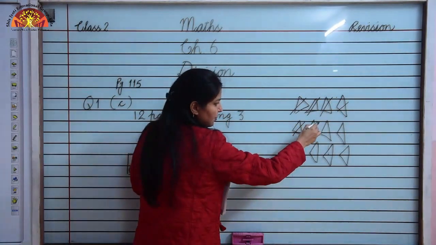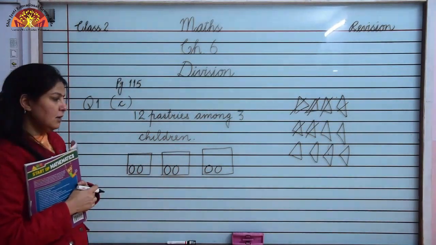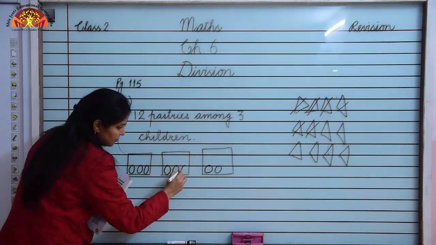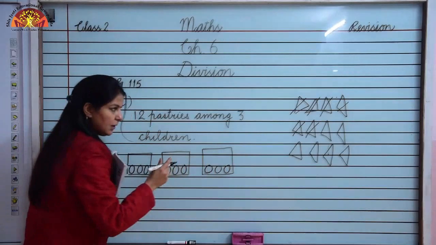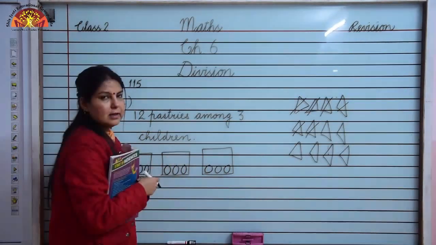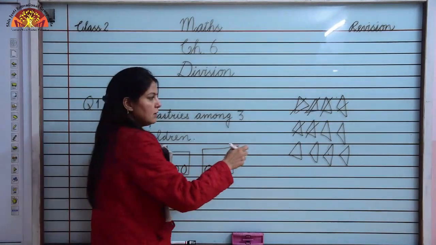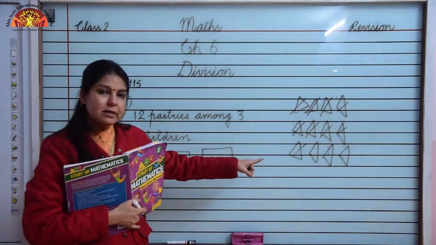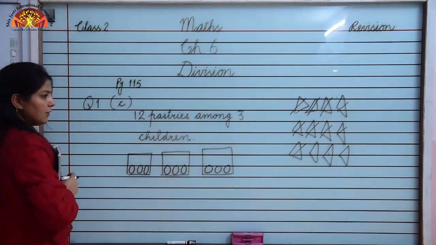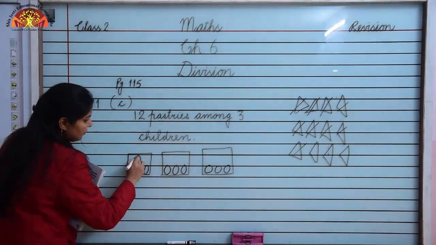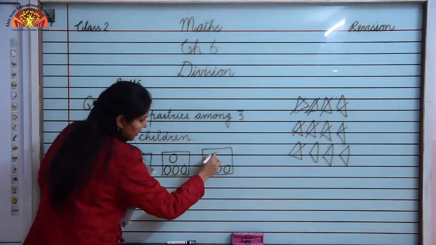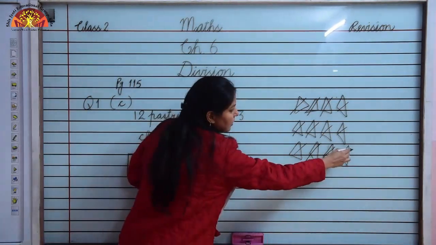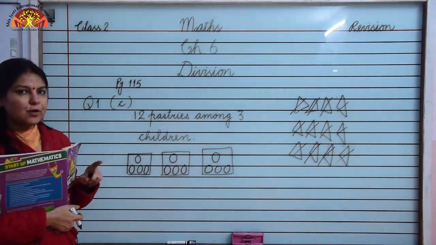1, 2, 3. A few more pastries are here. So I will draw again 1 circle in each box. 1, 2, 3. And similarly, as we were cutting, again we will cut 3 pastries from the collection. Okay, 1, 2, 3. Still a few pastries are remaining, so we will draw again one circle for each box. 1, 2 and 3, and we will cross 3 pastries again from here. Now I have distributed all pastries from the collection.